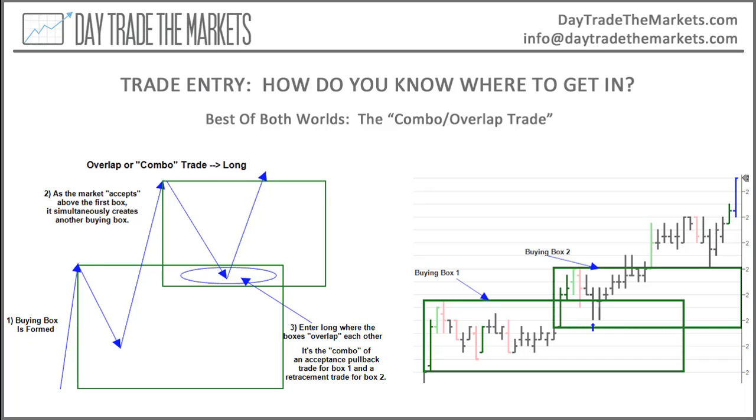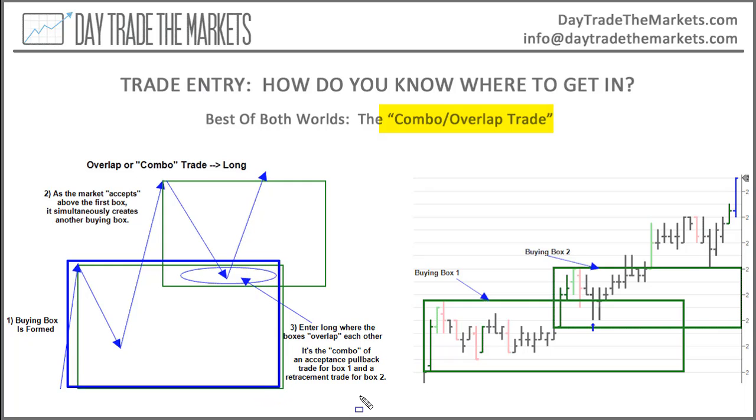This one is kind of a 2-for-1, or the best of both worlds. I call this the combo trade or the overlap trade. And this is a very good trade. I love this trade. The idea is that if you think about the first box here, this buying box right here, we've gotten acceptance above that and we're looking for an acceptance pullback on that